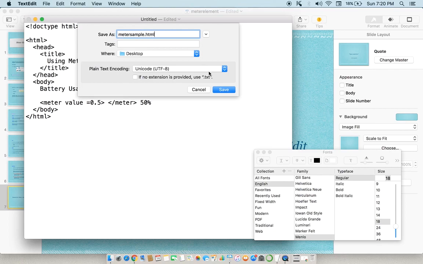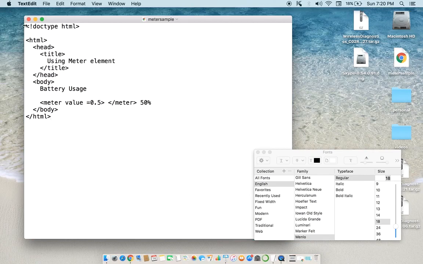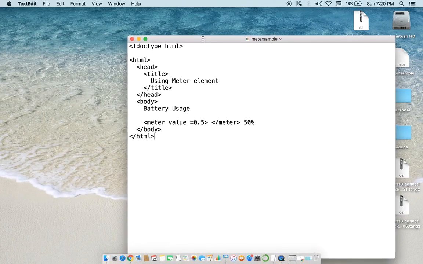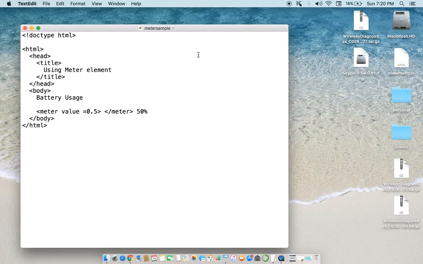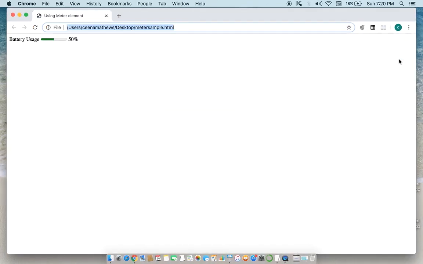Save. Now it has been saved. I am going to execute this. It is saved here. Double click it. That will open up the file.